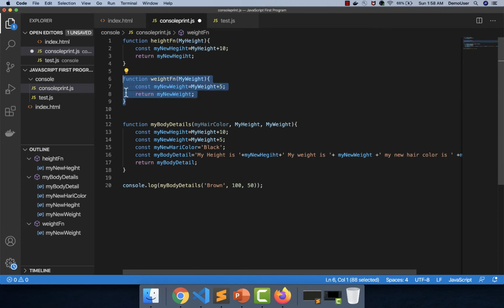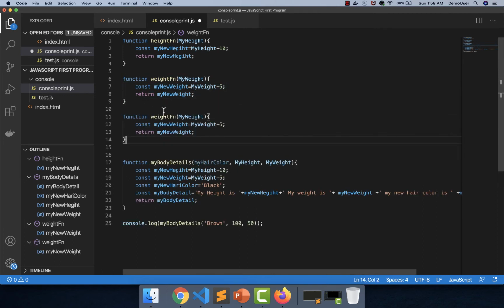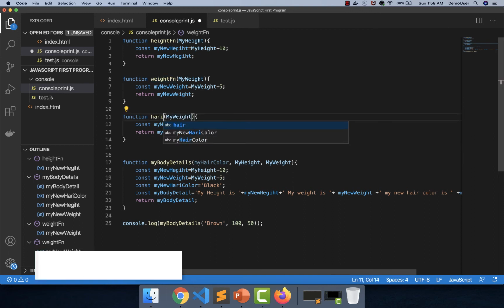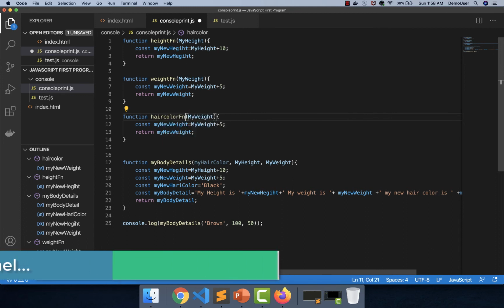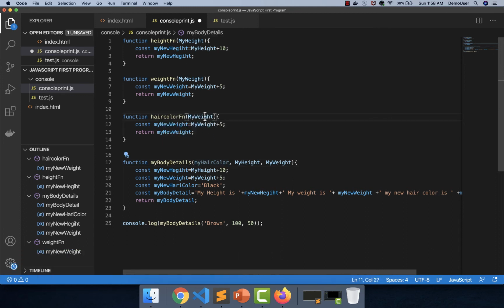And in the last, I will create one more method for my hair color. And I will pass the hair color here as well. And I will again copy this particular method. And we are good to go here.